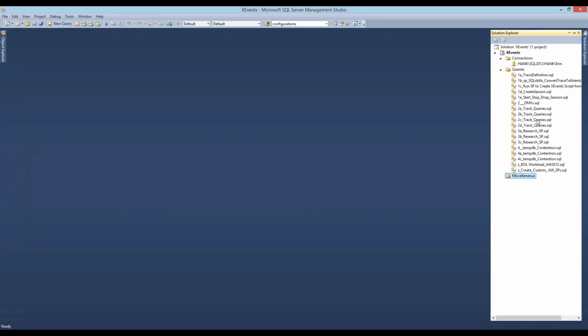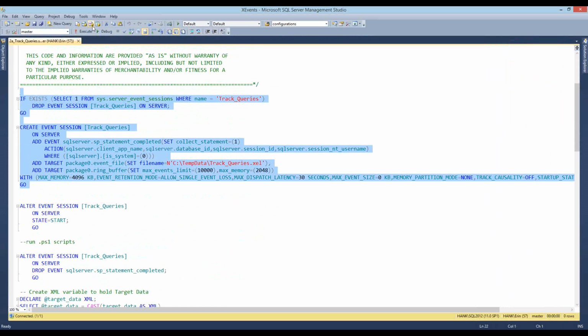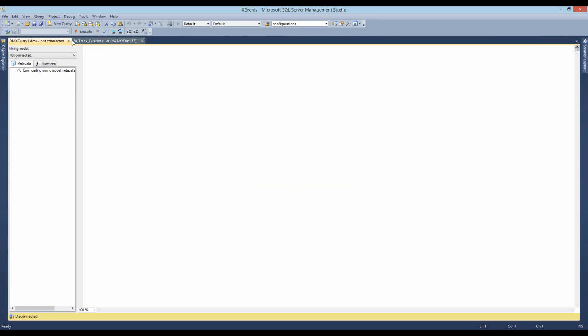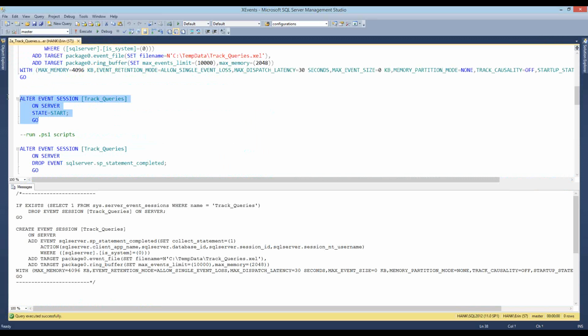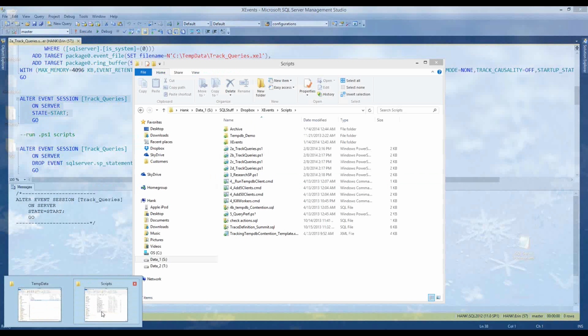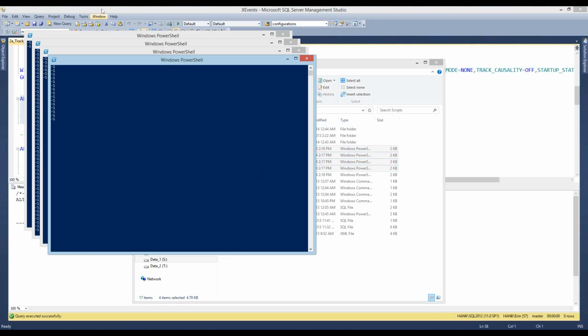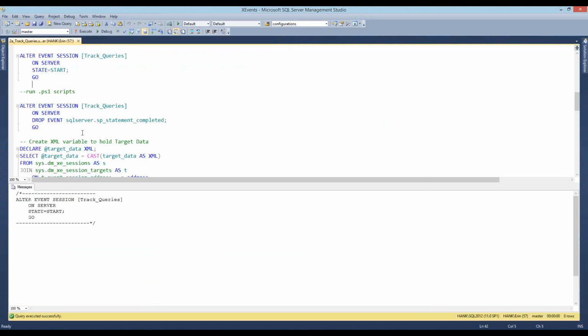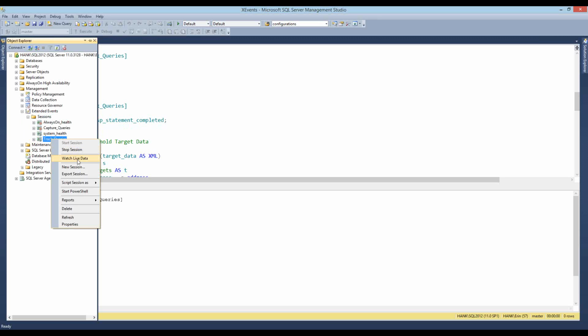All right, now what I'm going to do is I've modified this slightly, and I'm going to recreate this. Execute. And we're going to go ahead and start this. And now what I want to do is run a couple of PowerShell scripts, which are going to run queries against our databases here. And at this point, the other thing that I can do, which is kind of cool, is I can watch my data live.